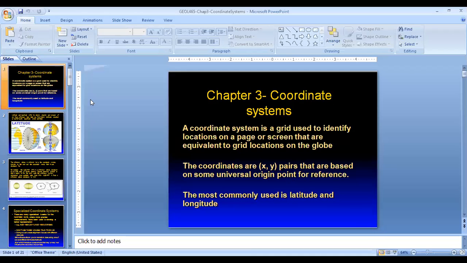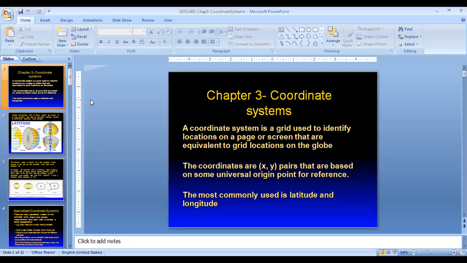See here, this is Chapter 3, Coordinate Systems. This is the introductory concept. A coordinate system is an intersecting concept used to identify the location of a point located in free space, and in free space, where exactly the point is located, at what distance, at what height, at what direction. So many parameters are there, and for that purpose they developed the coordinate system.